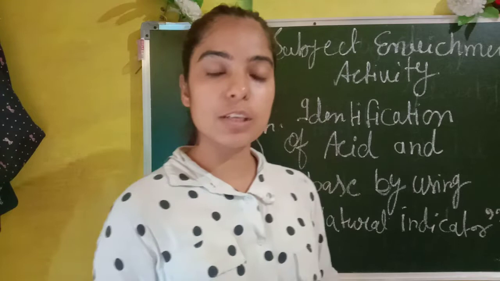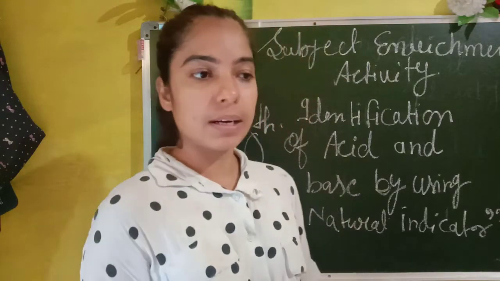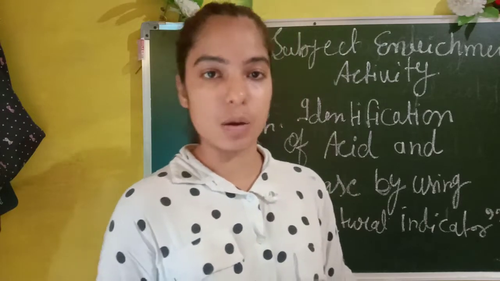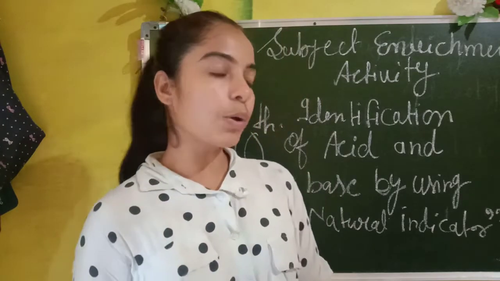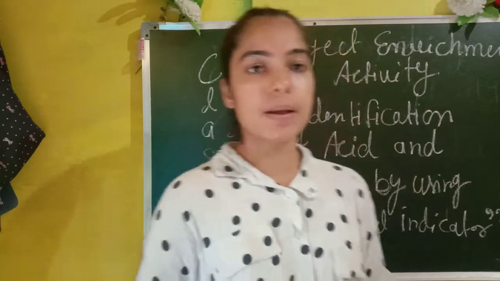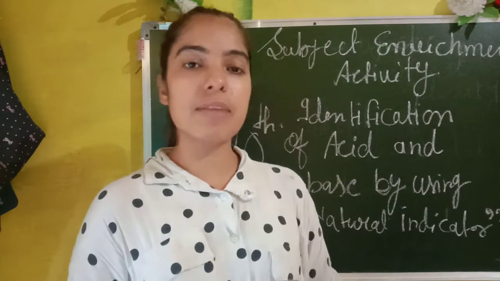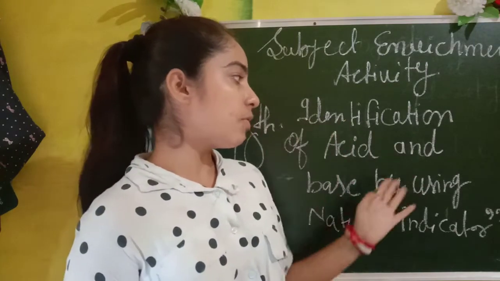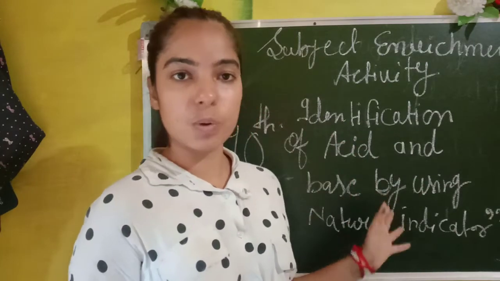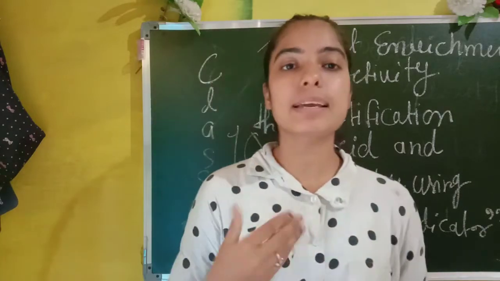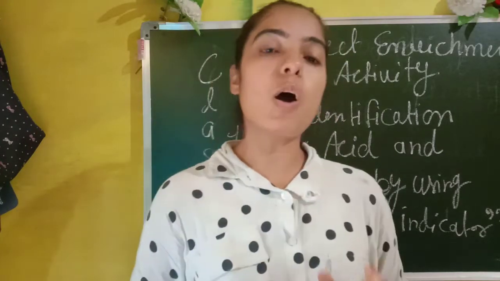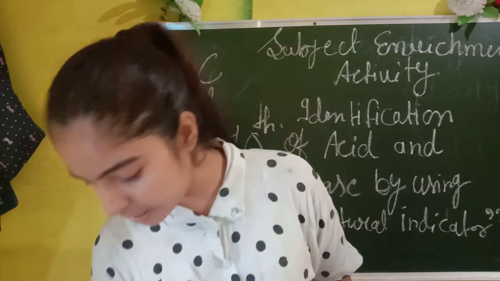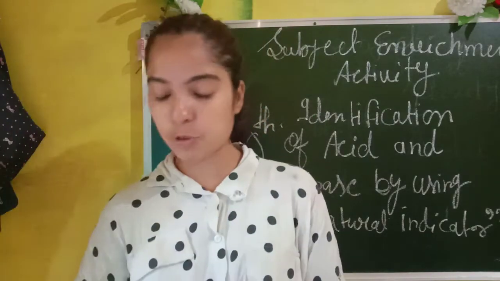Generally, a natural indicator found in your house is turmeric. Mostly, turmeric is available in everyone's house. Clear? So how do you have to perform this activity? Firstly, after introducing yourself and wishing the teachers, in the first step you have to tell what your objective is. Then in the second step you have to tell which objects are required for your activity.